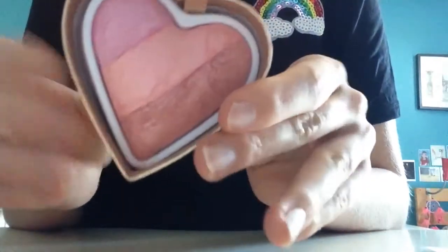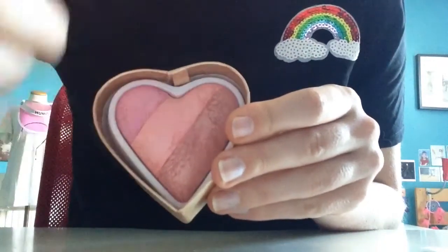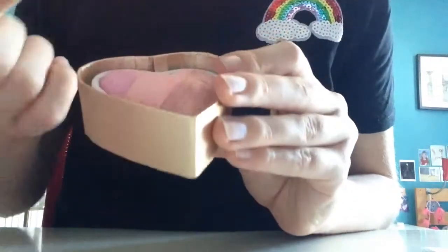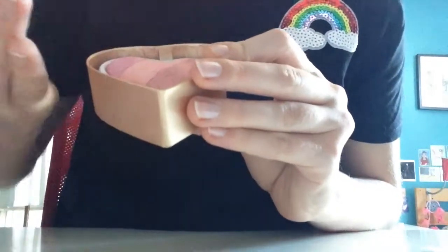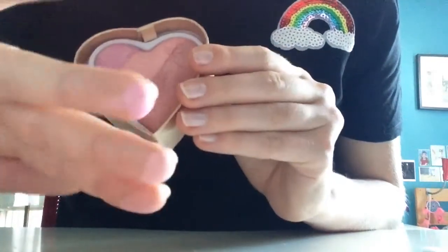It has 3 colors, like it said on the packaging. And I usually just use these together. I just throw my brush all over it. If you swatch it together, it is a very beautiful light pink shade, more of a cold toned pink, but very, very pretty. And if you were to swatch them separately, this is what you would get. This one is almost fuchsia. It's really hard to show you, but that's probably better. So yeah,